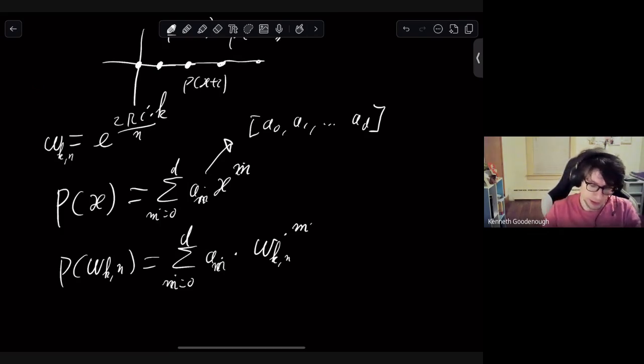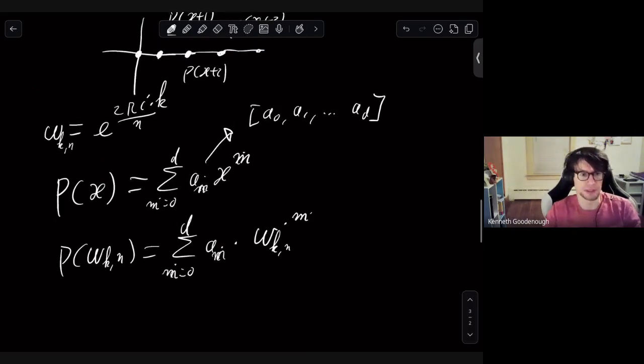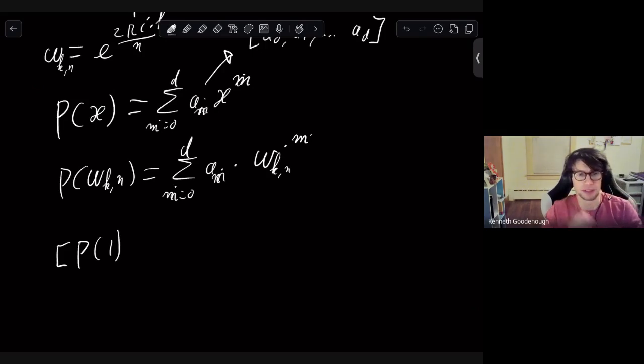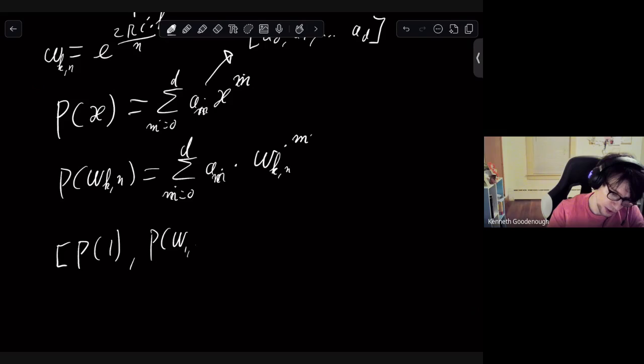Maybe more explicitly, this gives us a single value when we plug in this root of unity. And if I now look at this sequence of numbers, so I evaluate this polynomial at, well, the first root of unity, or sort of the simplest one, which is just 1. We get this term, which just gives us the sum of all the coefficients. And the next term will be p(omega_1,n). The next term will be p(omega_2,n), etc., all the way up to,